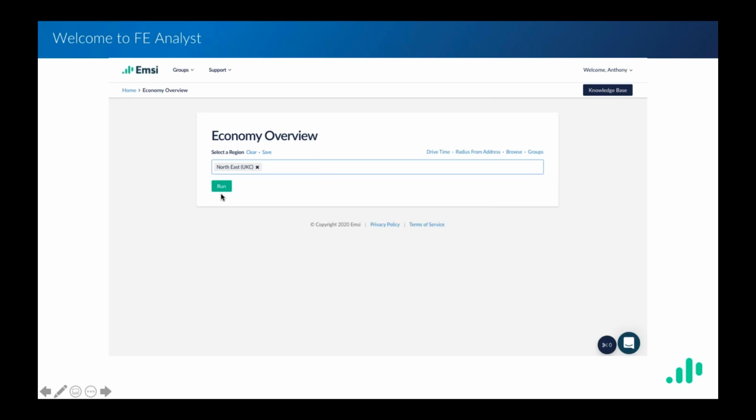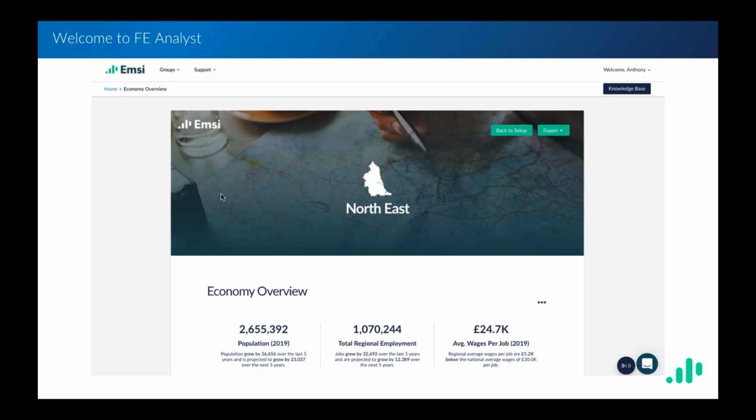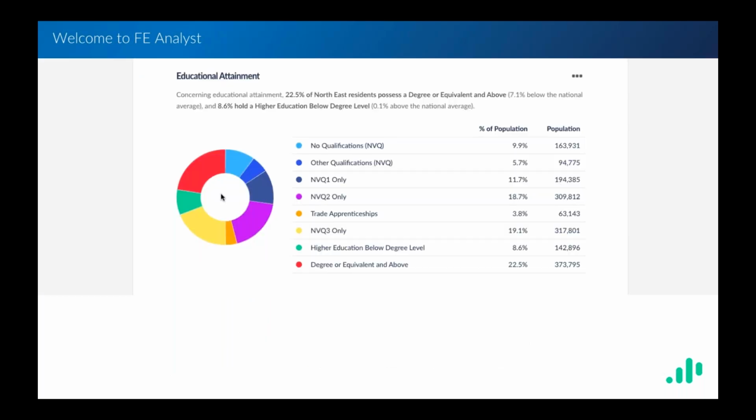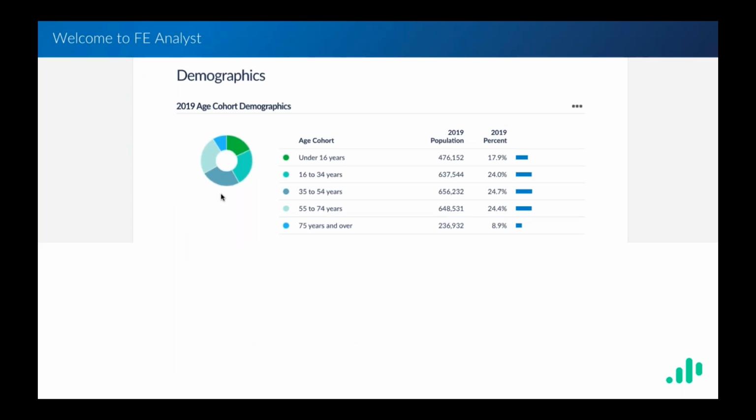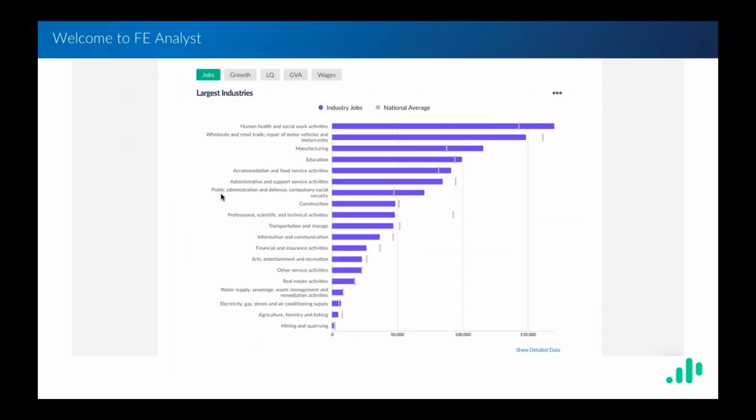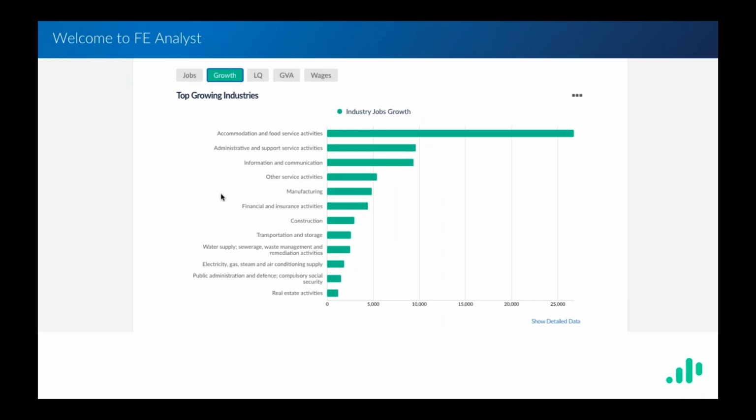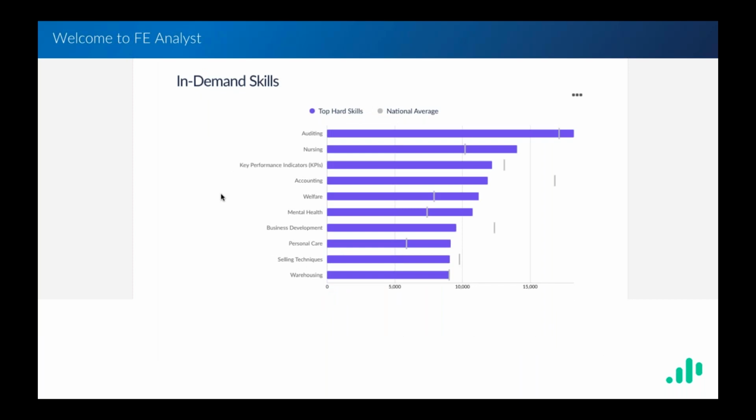run the economy overview report for the Northeast, it's that single click report that's going to give key economic and labour market data such as population information, employment information, average wage information. If we continue scrolling down the report, we'll see qualification levels in the region, demographics information specific to the region, and then we'll see a snapshot of data such as the industries that employ most people, the occupations that have grown the most in the past 5 years in the region, and then as we continue to scroll through,